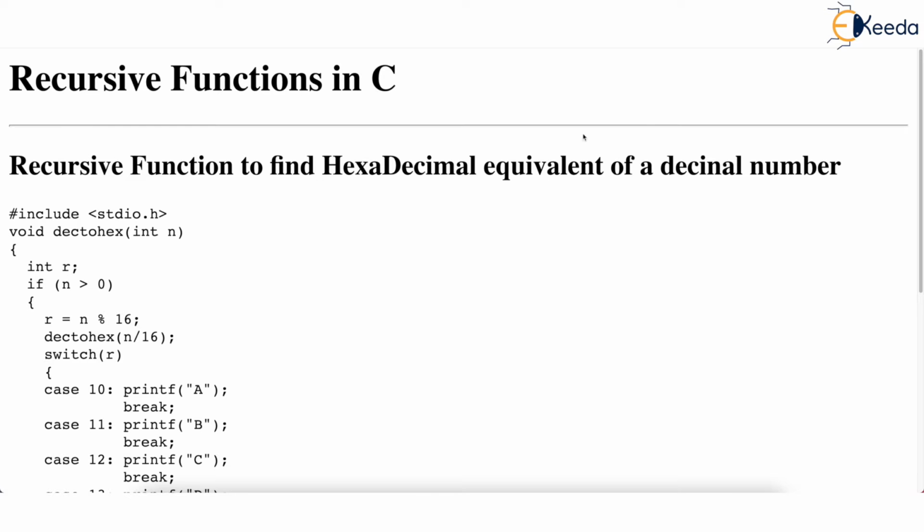I have already written a function here, as you see, a recursive function which is named decToHex, decimal to hexadecimal, and n is the number that we want to convert from decimal to hex. The function is again void, just as in the previous video. So this function won't have a return statement, obviously. And this is clearly a recursive function because decToHex calls decToHex again.